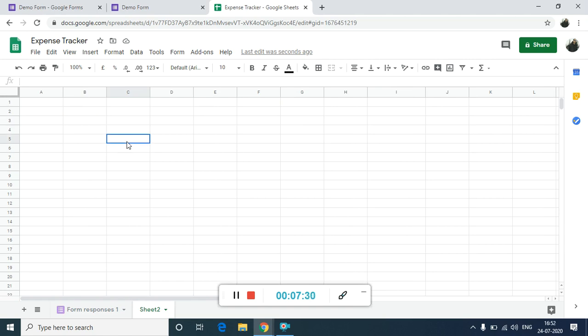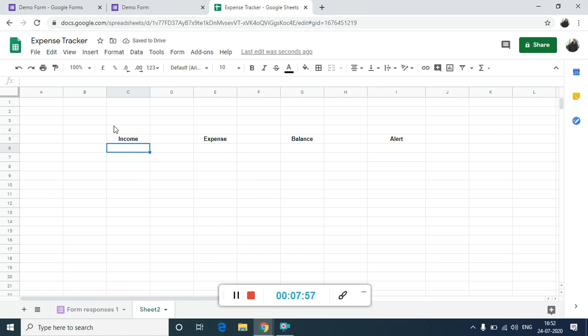Okay, here we will write income. I hope it's visible. Here we will write expense. After 2 columns we will write balance, and here we will write alert. I'll explain about alert in a moment.